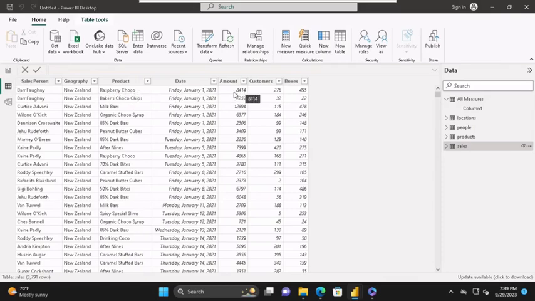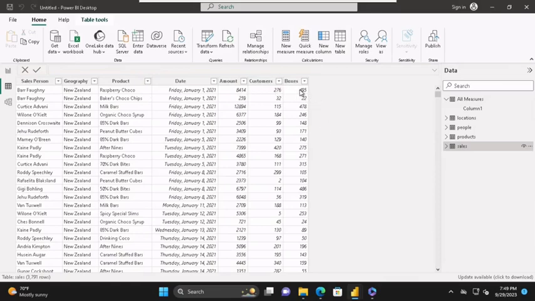He sold this amount, that's the count, to this number of customers, and this was the number of boxes. So per raspberry choco in this location is probably 8414, and he sold this number of boxes. So to get the total amount that this guy sold, we could say